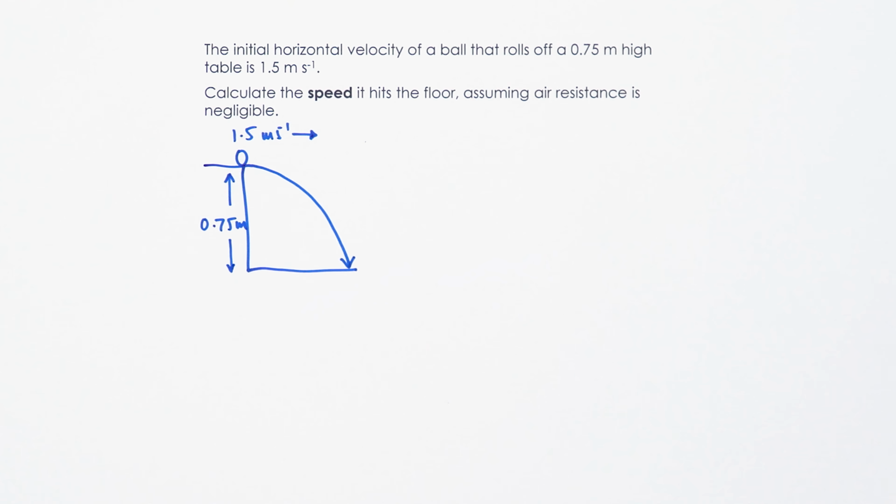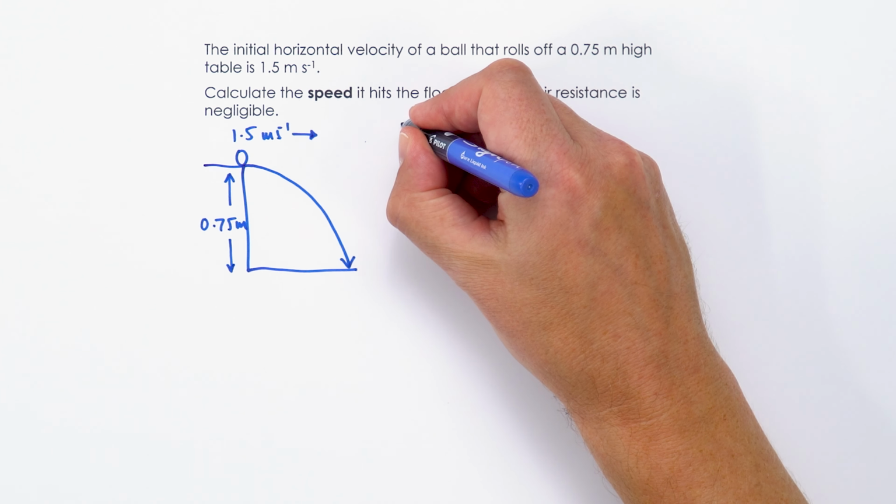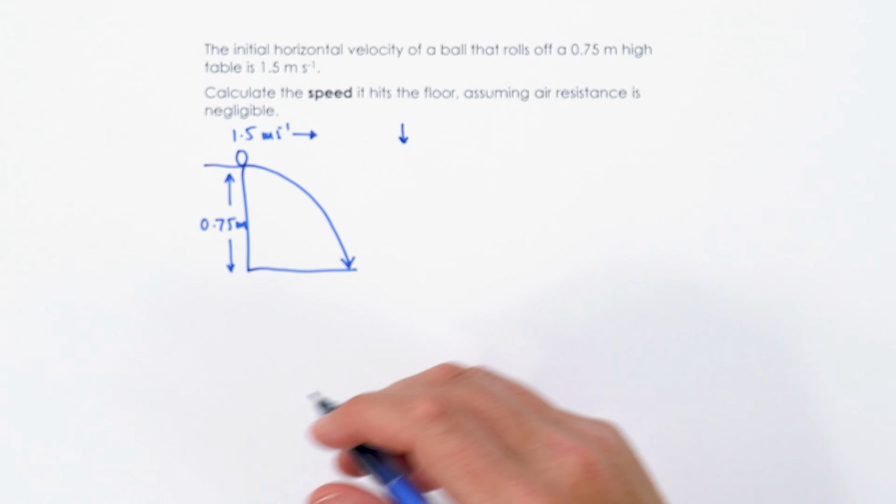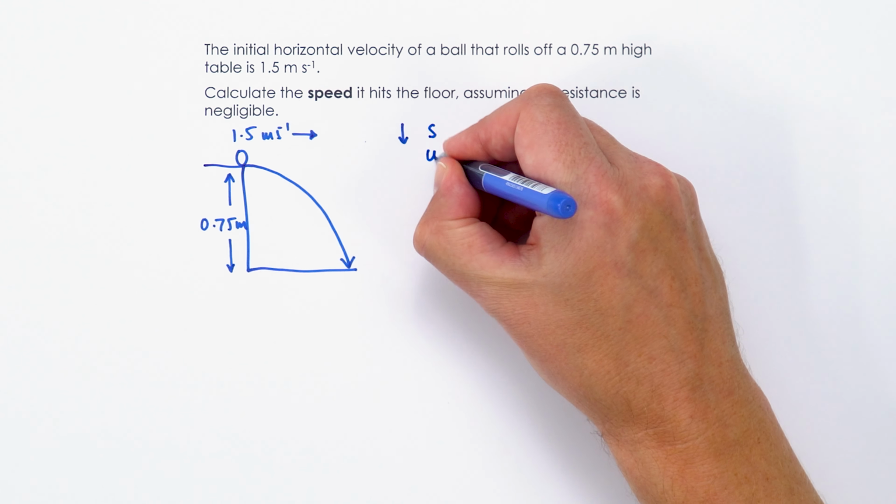Now, the way I'm going to do this is I'm going to look at the vertical component of velocity and the horizontal component of velocity. So this is quite advanced maths, but it's something you're going to be doing a lot if you're doing A-level maths, and you're going to be doing it all the time in Year 12 physics. So first of all, just thinking about the vertical component of its velocity. In the vertical direction,